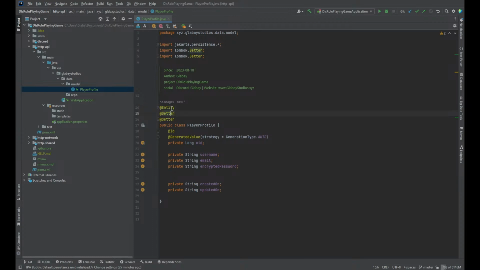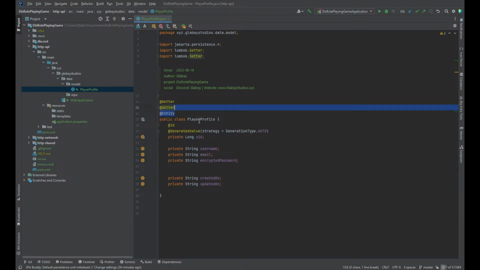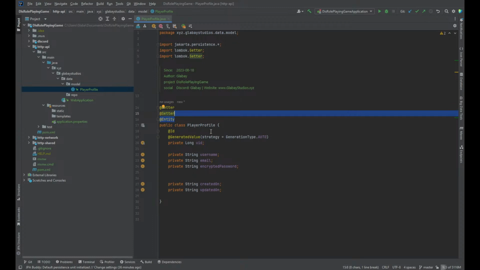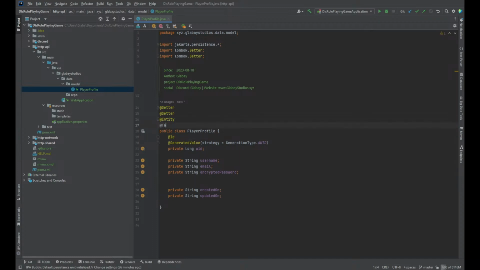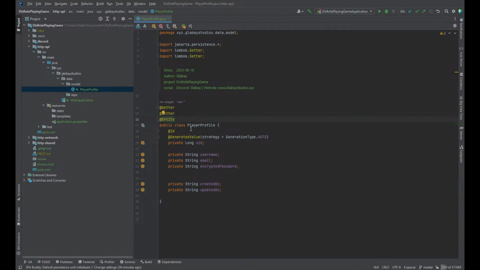Well, entity makes this into persistable data. So we change this into an ID, so this could be the primary key. Now, by default, we can tell this @Table, and we can give this a name, for example, or a schema. But let's keep it simple. By default,